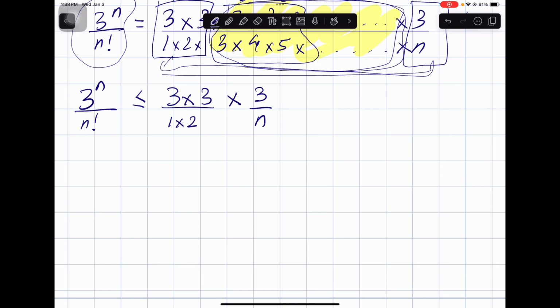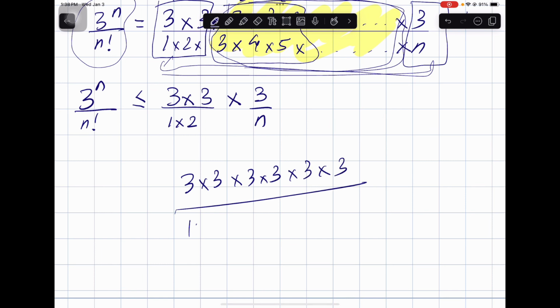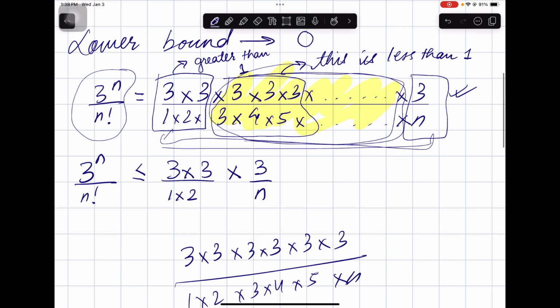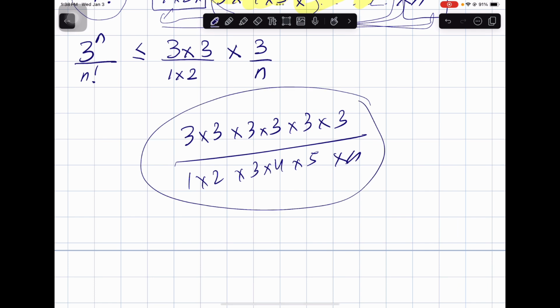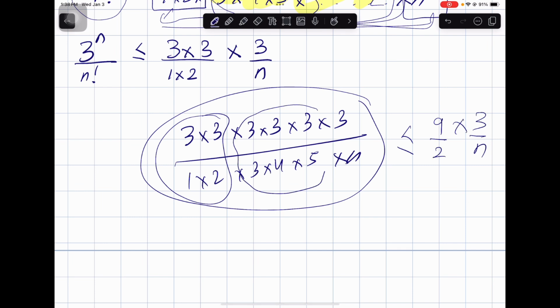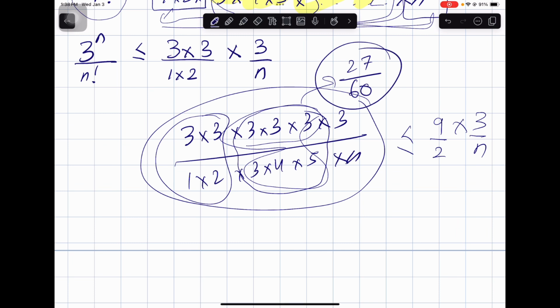So what I'm basically saying is this. Let's say it is 3 times 3 times 3 times 3 times 3 times 3 over, let's say, 1 times 2 times 3 times 4 times 5 times n. Let's just forget about all the other terms that will be over here. So what I'm saying is this is less than or equal to 9 over 2 times 3 over n. Why? Because whatever you get from multiplying 27 by 1260, it is less